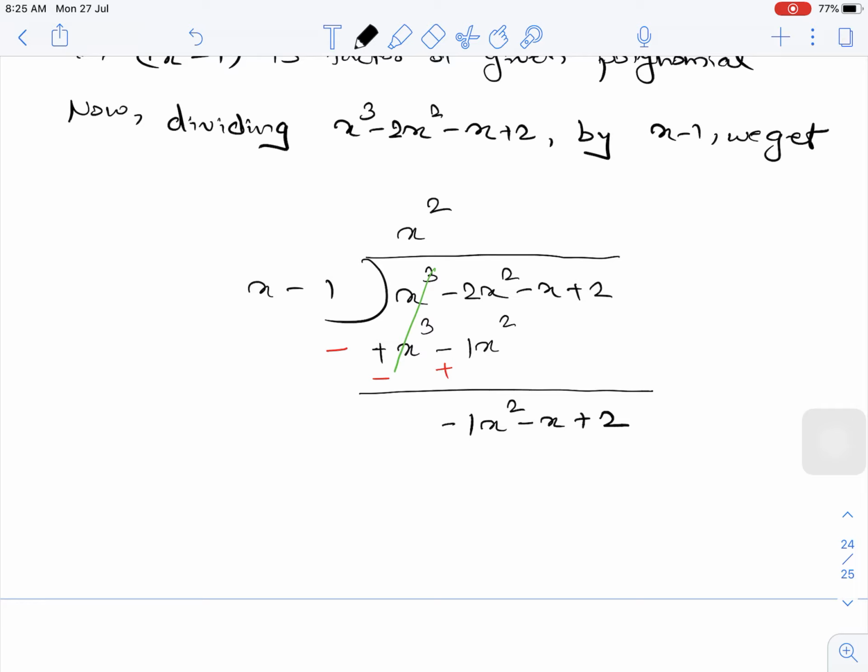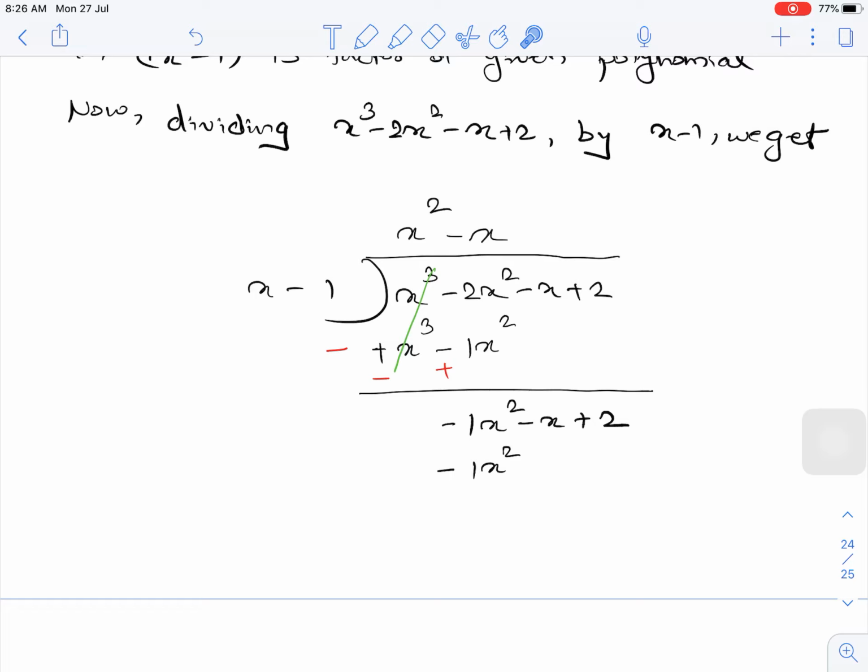Now next condition, what we have to do, now we have to make this x as minus x square. So by what number you have to multiply? So very first thing, I have to multiply this one by minus sign, so I have written here minus. Then I want to make this 1x as 1x square, so we have to multiply it by x. Now let us check it, plus into minus will become minus. Okay, x into x, so that will be 1x square. If you are not writing this 1, then also it will be same.